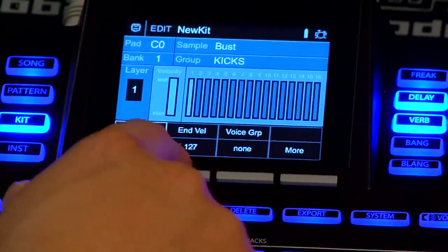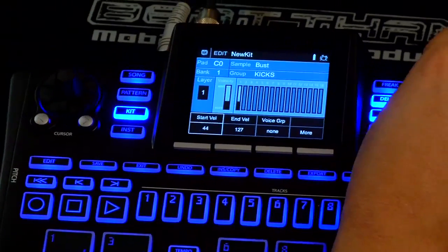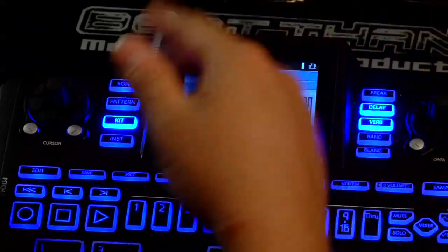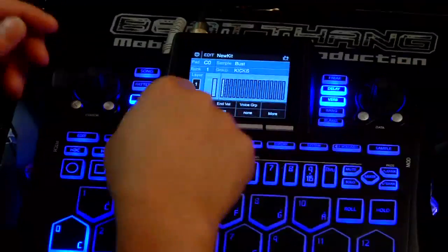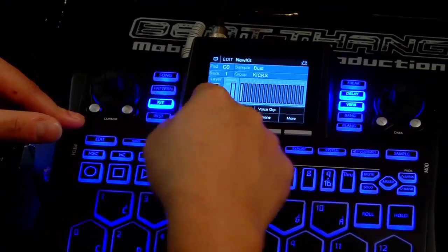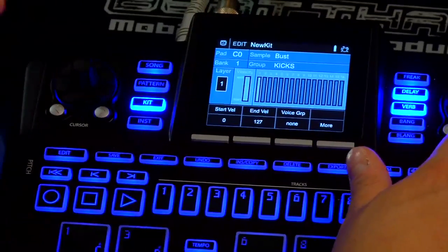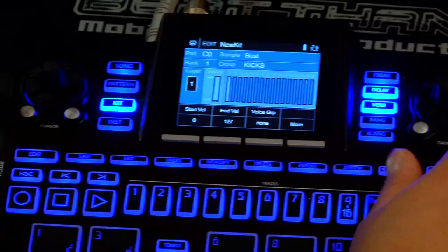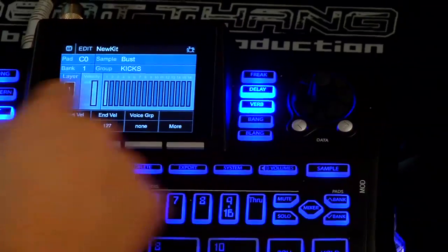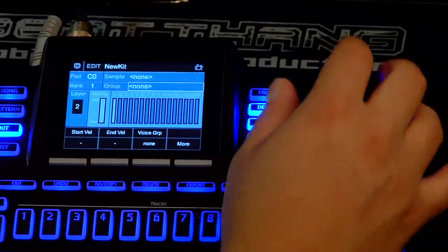Basically what the start and end point velocities do is allow me to layer my kicks or snares or claps or whatever, and then pick the velocity that it triggers on. So I could go to layer 2 here by just selecting this layer. Let's say I want to put some kind of hit or stab on top of that kick, or combine 2 kicks. What I would do is highlight layer and then use the data button to go to